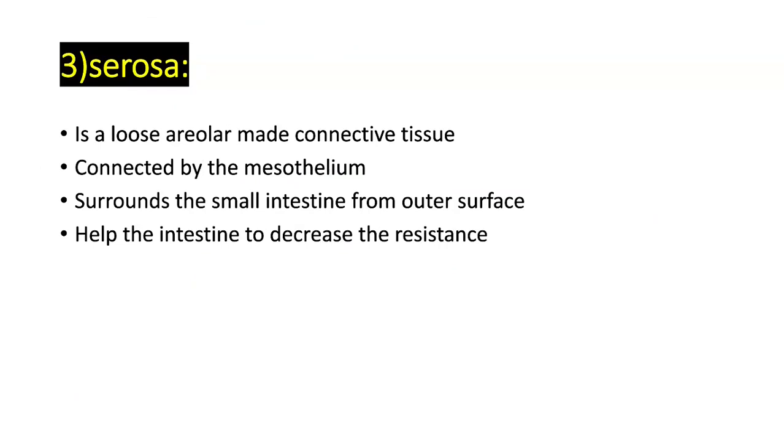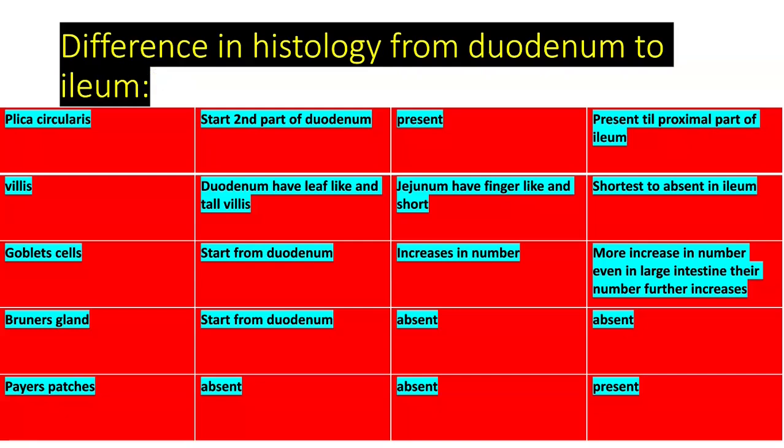Next, the outermost part of the small intestine is the serosa. It is a loose areolar connective tissue covered by mesothelium, surrounding the small intestine from the outer surface and helping the intestine to decrease resistance. This layer is connected to the peritoneum. Okay, so the main difference from